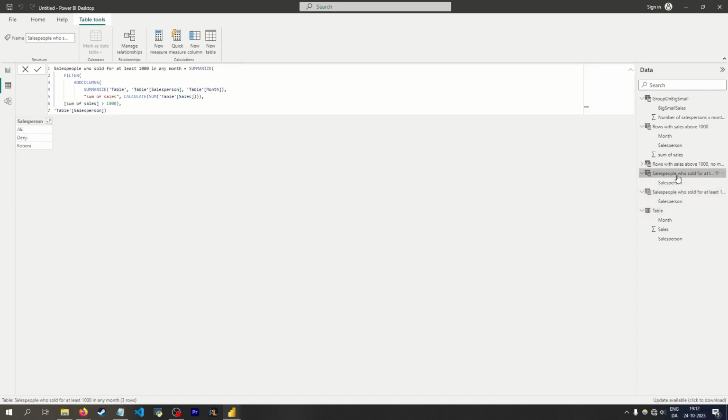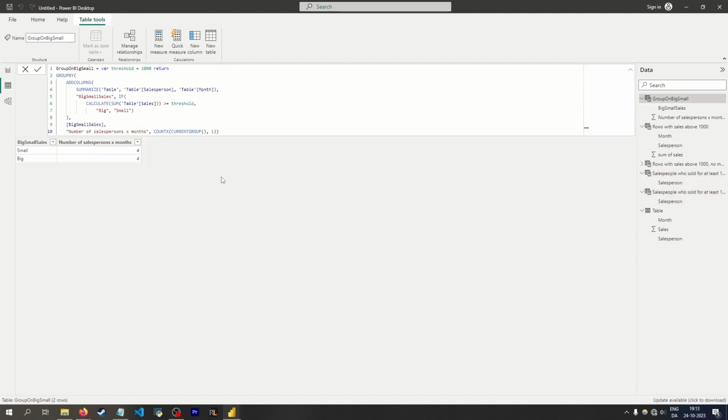So in these 2 cases, you should be using GROUP BY because I'm grouping on a calculated column. Actually, I'm not grouping based on a calculated column here. I'm doing it on an existing column. So I shouldn't be using this GROUP BY. I should use SUMMARIZE. But yeah,